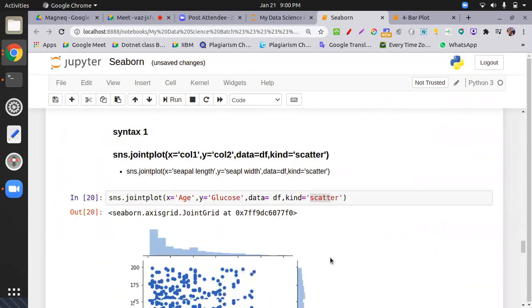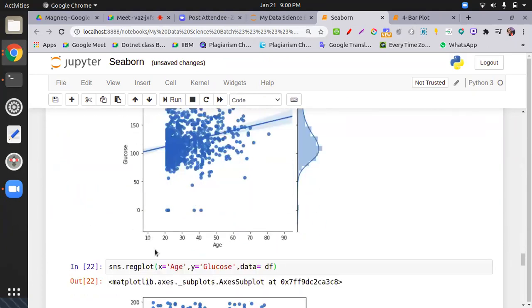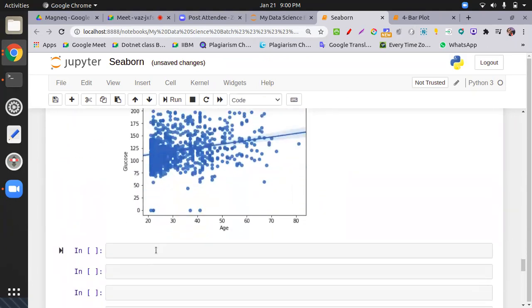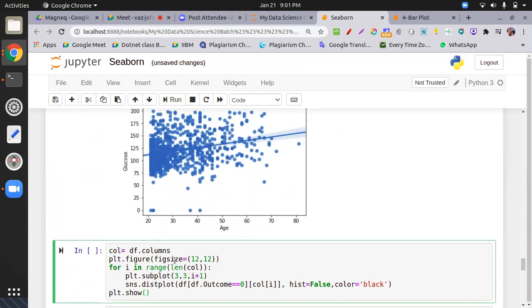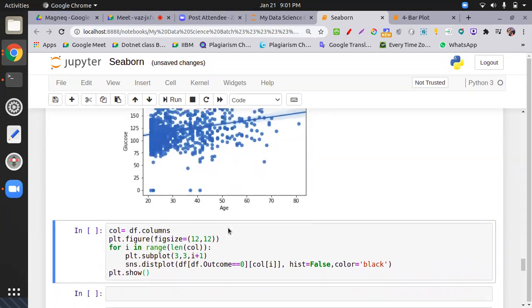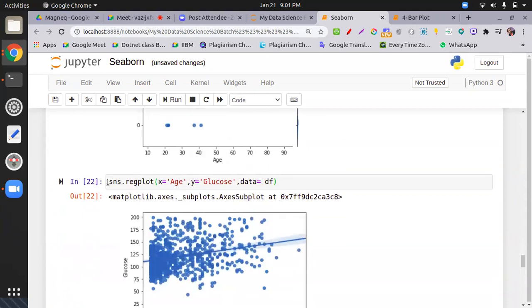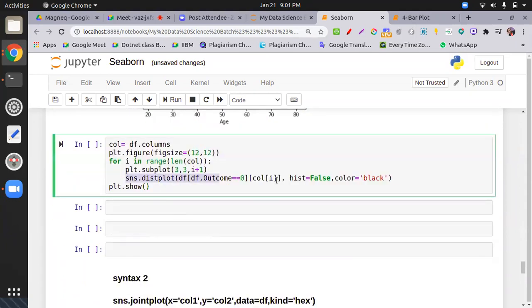A regression plot means you can analyze all the variables with respect to some given variable. We have to fix what we want on the x-axis, and with respect to that given x-axis variable, you can analyze. Check this one, I changed only one line.